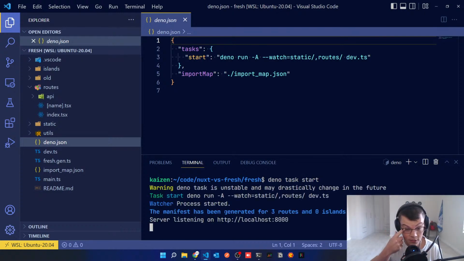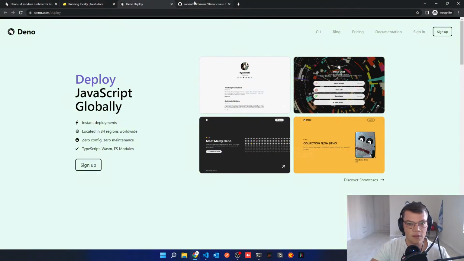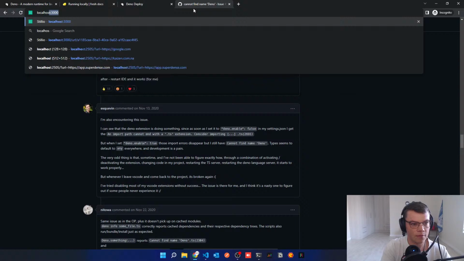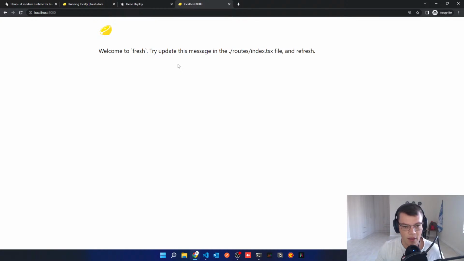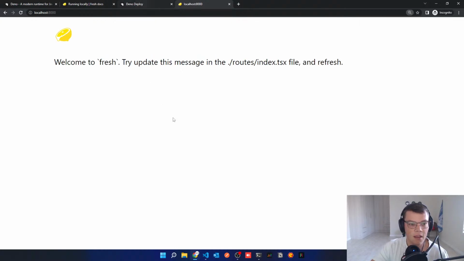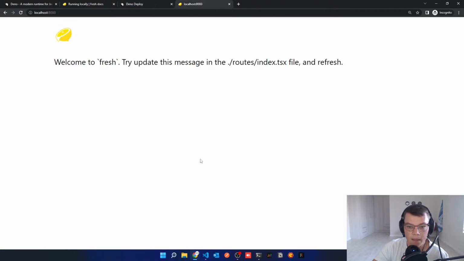Okay. Deno task is unstable and may drastically change in the future. Thanks. And this is localhost 8000. Okay, so we're back to square one. We have this now. The thing we want to do is I want to use Deno Deploy to deploy this, but first I want to create a basic app using Tailwind and everything. I don't think it's going to be very complicated, but we might even just reuse this exact one and then do that in